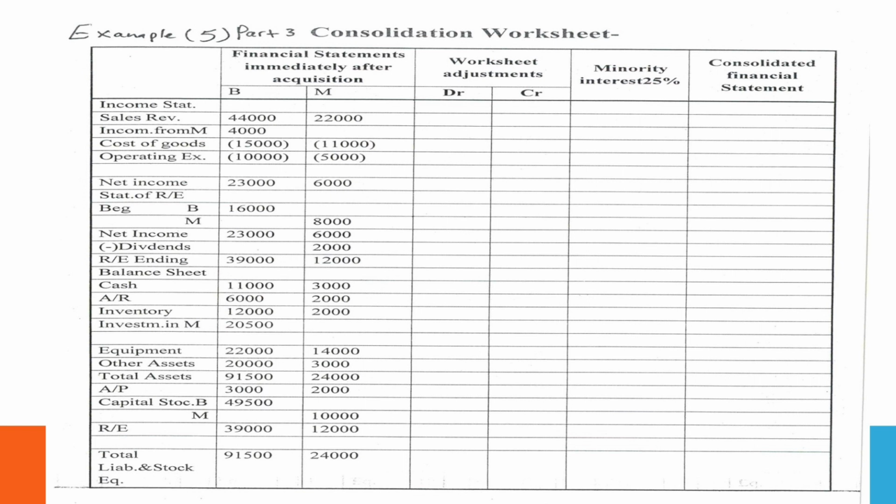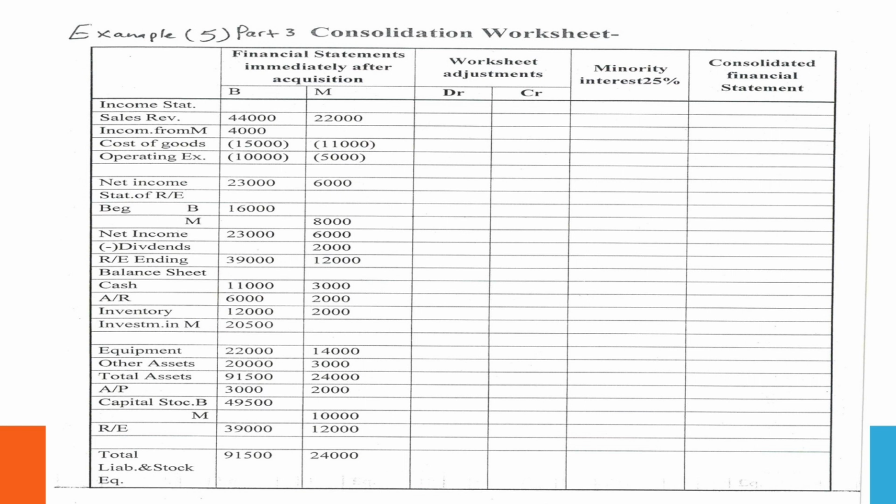And he gives you some information. The following were financial statements of B and M as of December 31st, 2005. Remember, this one, that's 2003. This one, January of 2003. This one, December. That means after 1 year, 12 months. If you look at this information,